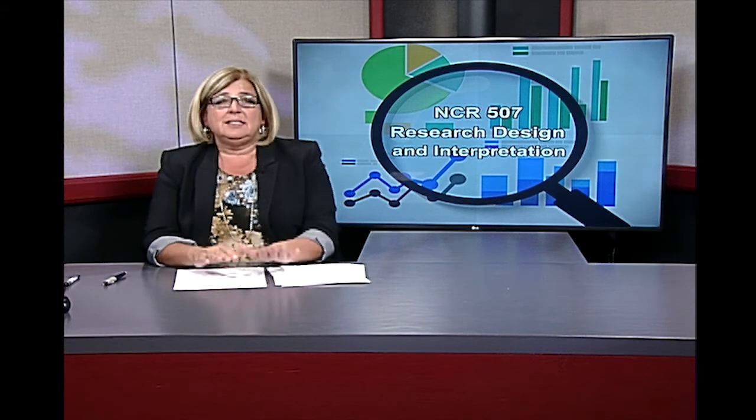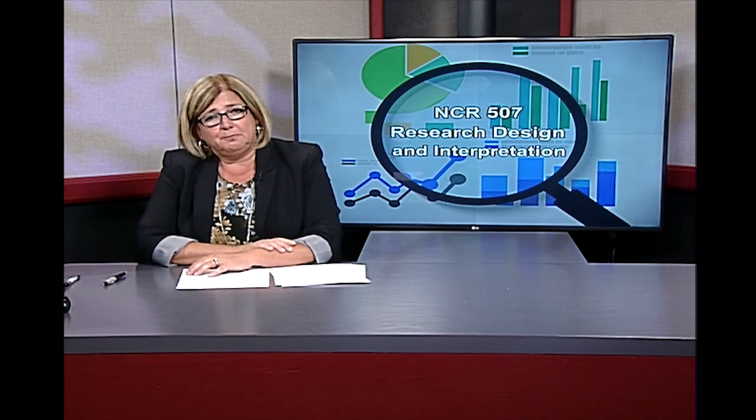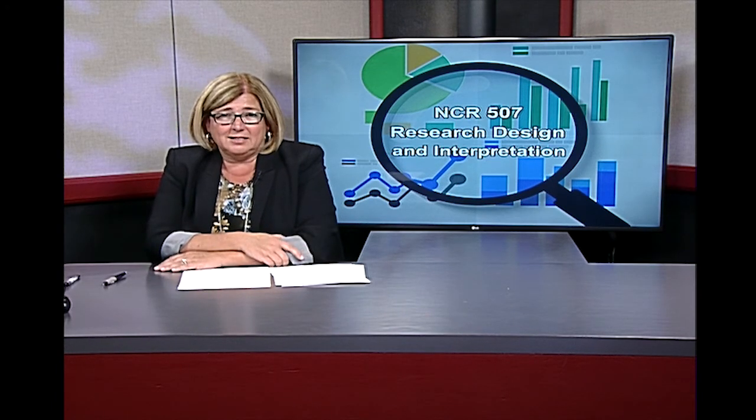Now, one thing you may have noticed in my language is I use terms like "it may be because" or "it could be a result of." I use those phrases because we can't say for sure it is due to that thing. We can only say that this is a possible reason why we might have found the results that we did. So today we've been able to identify that important model, the one-way analysis of variance.